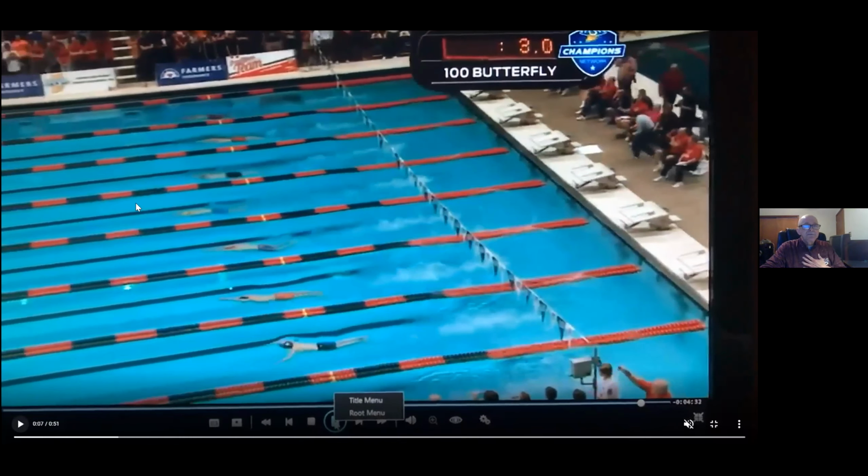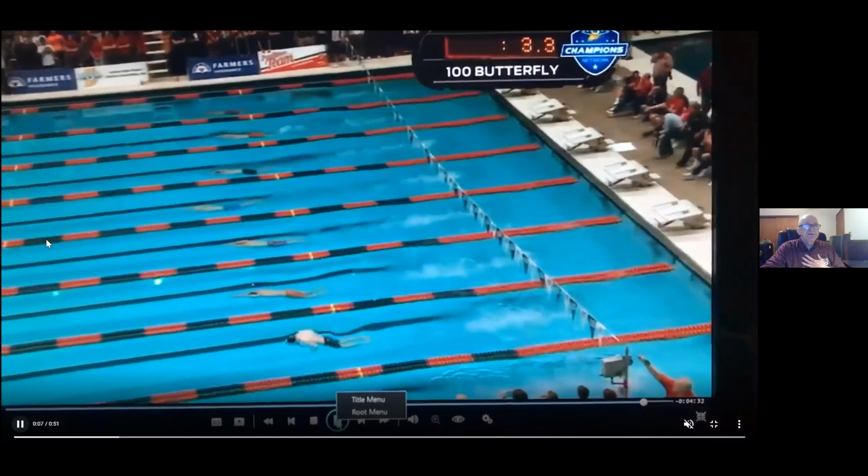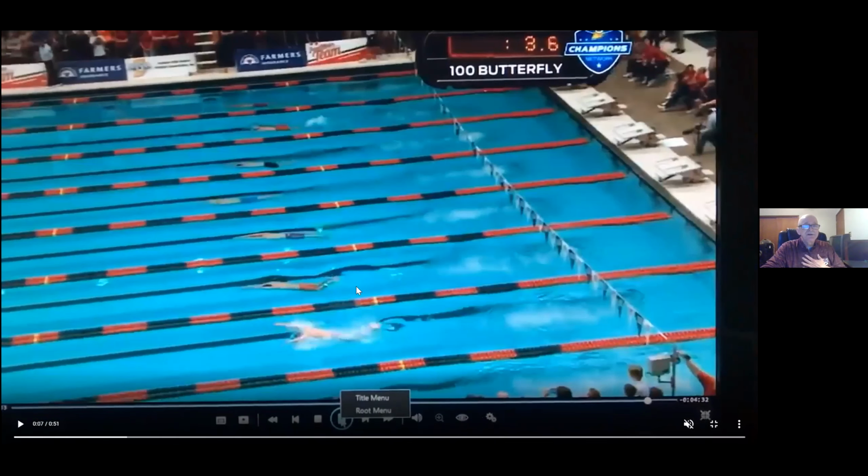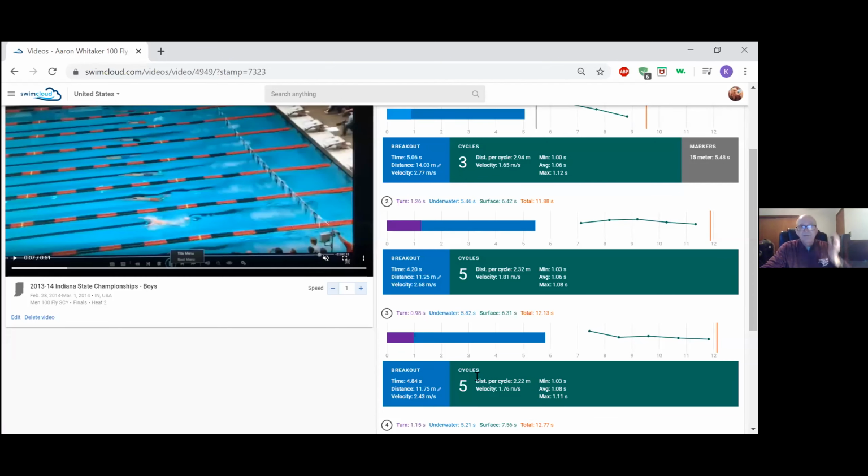If this is 15 meters, 15 meters is about 8 meters off the wall. So I know this is about the 8-meter mark, so as you're looking at this, 9 meter, 10 meter, 11, you can kind of eyeball it pretty good. And it's difficult to do live. It's a lot easier to do on videotape. So that's how we can sometimes get the